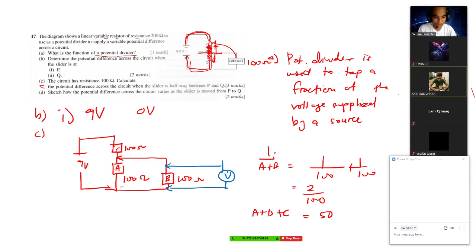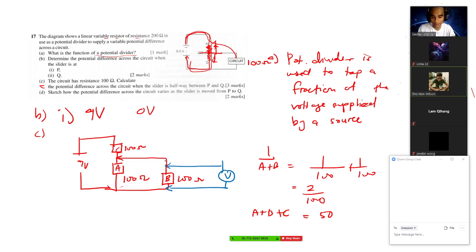Because this is 1 over A plus 1 over B. So you have 100 divided by 2, and adding B, then you have 50. So the potential difference across the circuit is